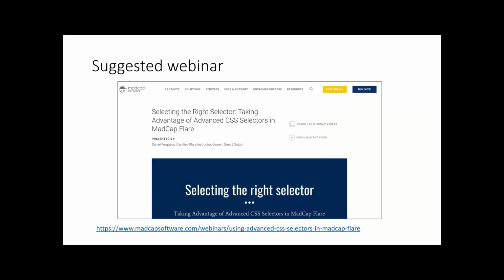And this is one area where, Mike said CSS is the secret sauce. I think one of the primary areas where Flare users can really beef up their expertise is with CSS selectors, not only with properties, but with selectors. And if it starts to get into a realm where you're not familiar with CSS,